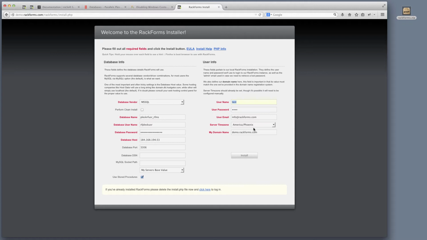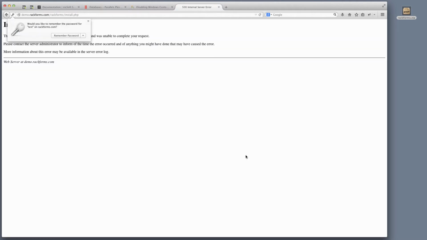Again, it seems like GoDaddy has some pretty interesting settings sometimes for how the server responds to the installer process. We're definitely working with GoDaddy to try to iron some of these out. But what we'll see here is even if this process looks like it fails, it actually has succeeded. So I'm going to go ahead and hit install right now, and I'm going to get a 500 internal server